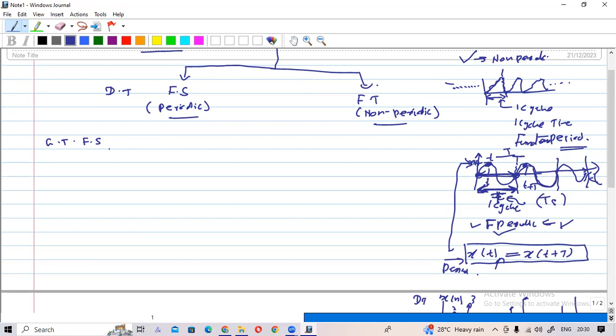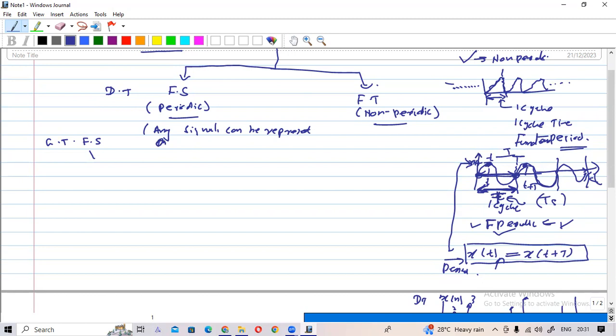In a Fourier series, it says that any signal... normally I use 'any signal', but actually it is not completely correct. I will tell you why. So now I will say any signal can be represented